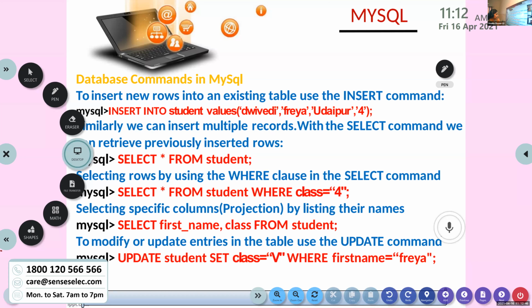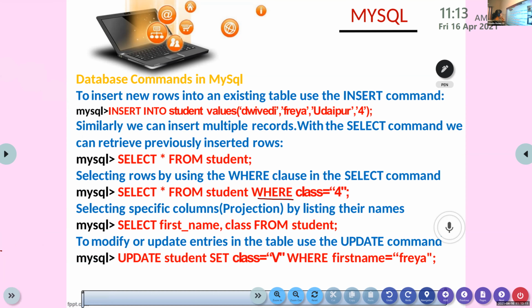If you want to select the full details from the table, the command is select star from student. Star means everything. So note down. If you have a condition, then you need to write using the where clause. Select star from student where class equal to 4.